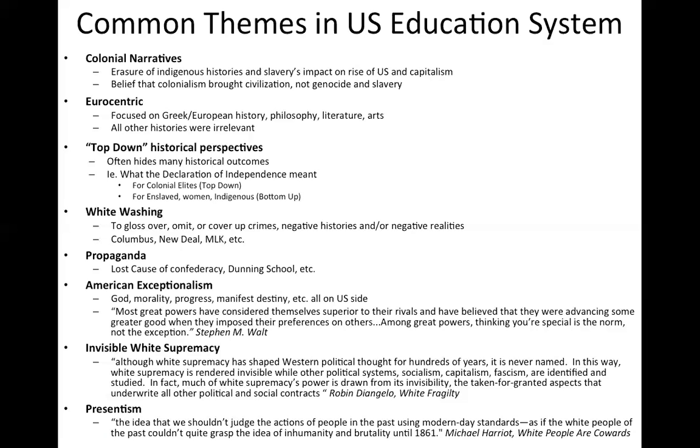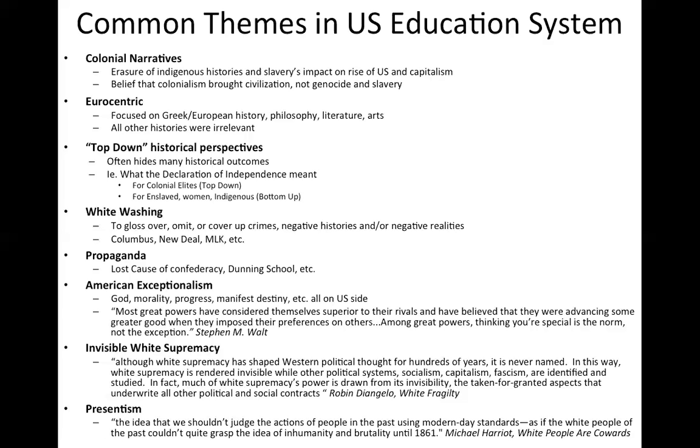And another thing that we talk about, or rather one thing that we don't talk about in our educational systems, is white supremacy. And when I talk about white supremacy, I'm not talking about a bunch of people in hoods. That's one form of white supremacy. I'm talking about these institutions, systems that basically benefit white people culturally, politically, economically, socially, at the expense of Black people. So we talked a lot about in our first class what white supremacy really is.